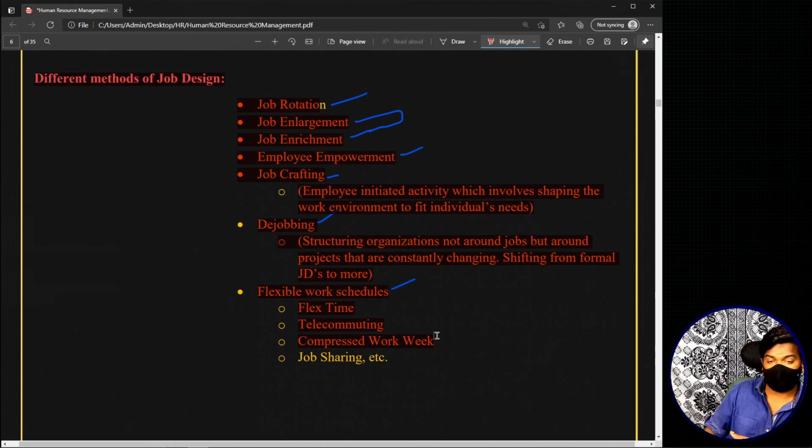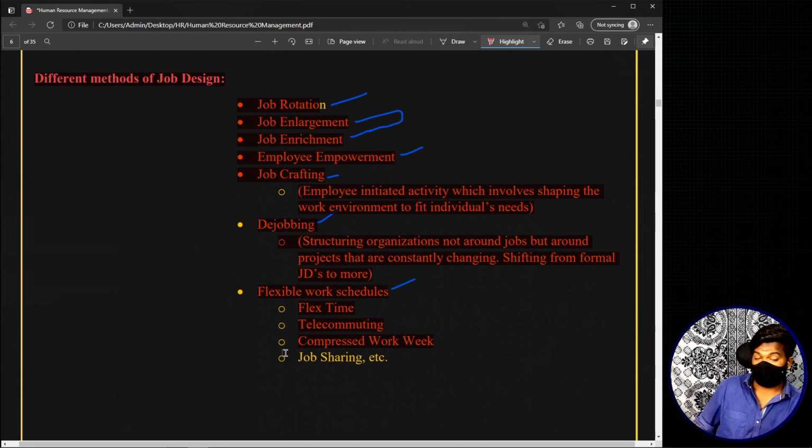Or I can just say that every day I will work for 10 hours, for 3 days I will work, and for the remaining week I will take leave, since I have completed my entire requirement. In this way, compressed work week is where the employees are provided with the option of compressing the work week, or where that particular job has this feature or option of compressing in terms of weeks.